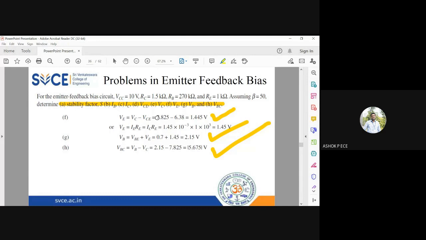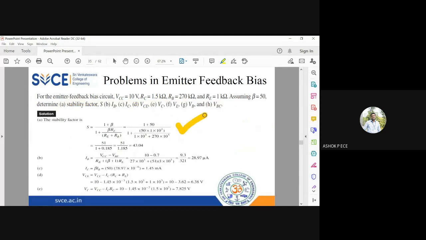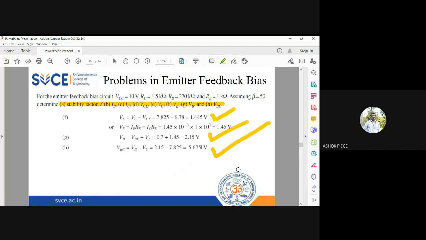So we have found out everything, the stability factor, the expression for base current 28.97 microamperes, IC is 1.45 milliamperes, VCE is 6.38 volt, VC is 7.825 volt, VE emitter voltage is 1.45 volt, VB is 2.15 volt, VBC is 5.675 volt. Why we are finding the individual voltages of VB, VE and VC, why they are asked here, means because